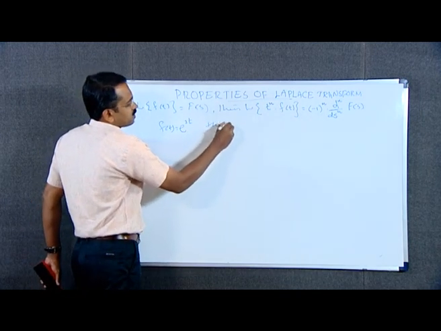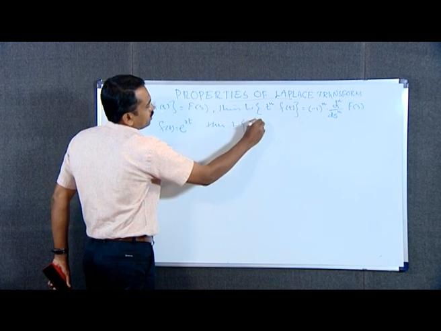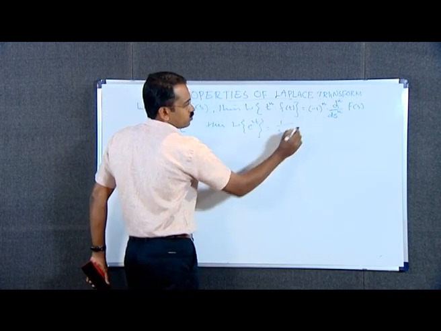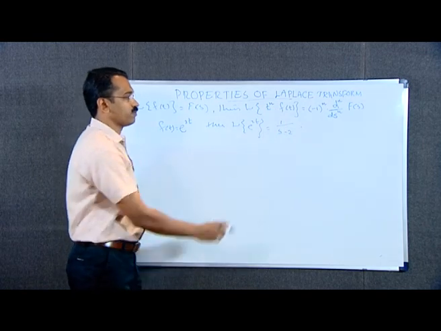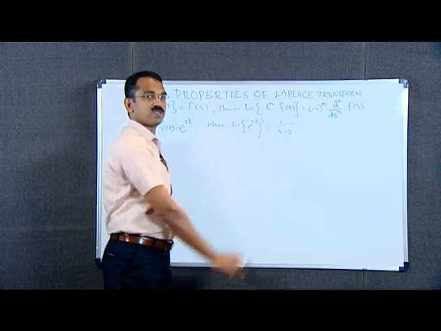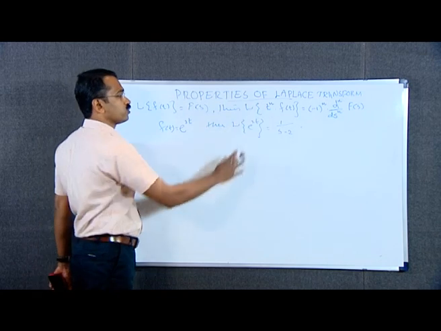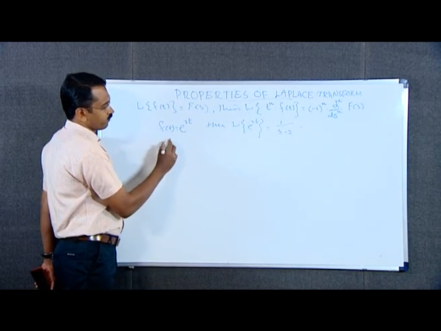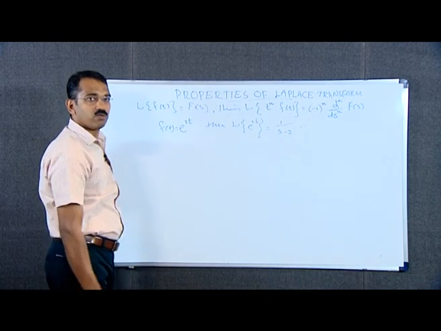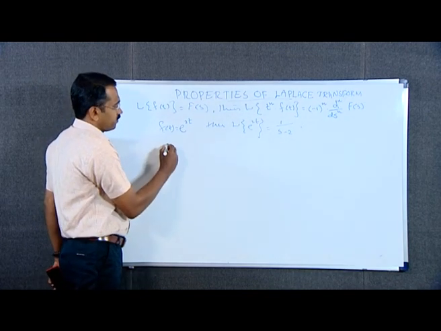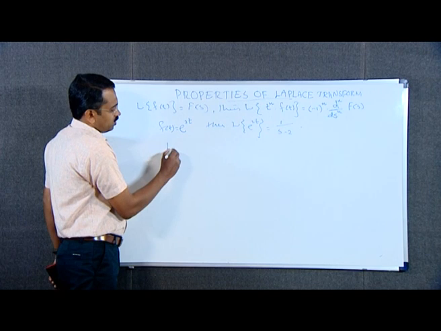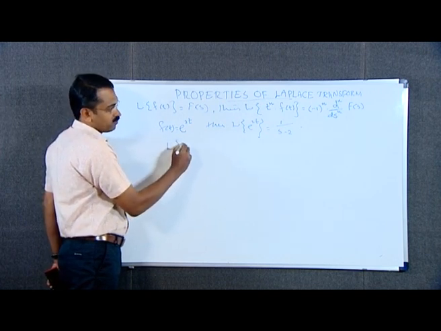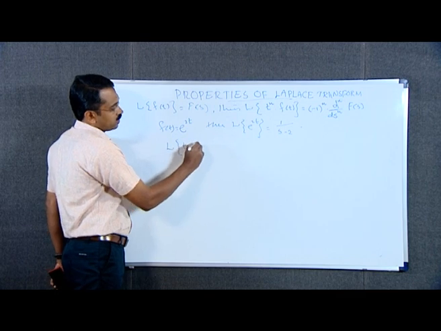Then the Laplace transform of e raised to 2t is 1 by s minus 2, because the Laplace transform of e raised to at is 1 by s minus a, and here a is equal to 2. Now, if we multiply this function by t and take the Laplace transform, we get the Laplace transform of t into e raised to 2t,